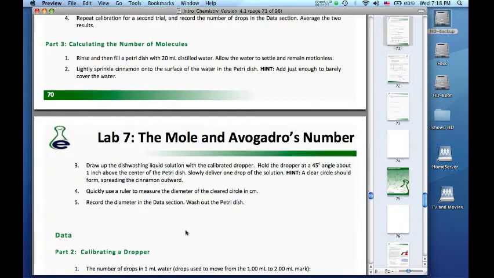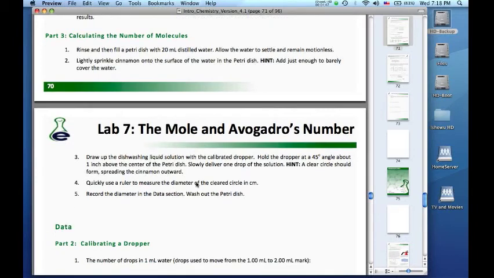And then you take your dropper, and you drop the drops in the petri dish, and then you get a circle. So you get a circle, and then you measure the circle in centimeters, and get a diameter, and then you clean up. And the idea here, if you wonder why we are doing this, is we're trying to get one mono